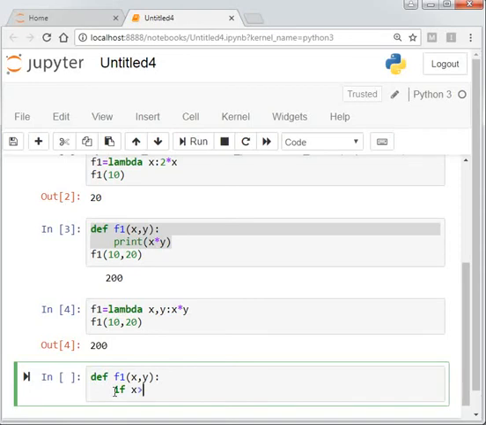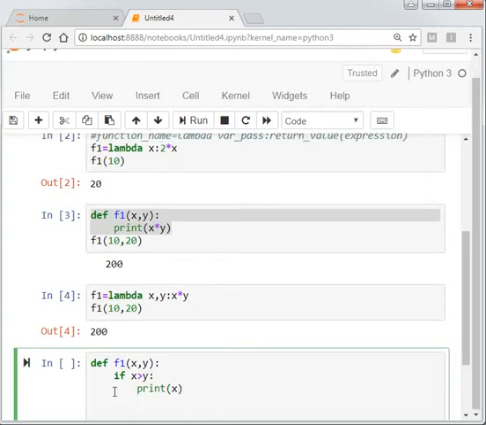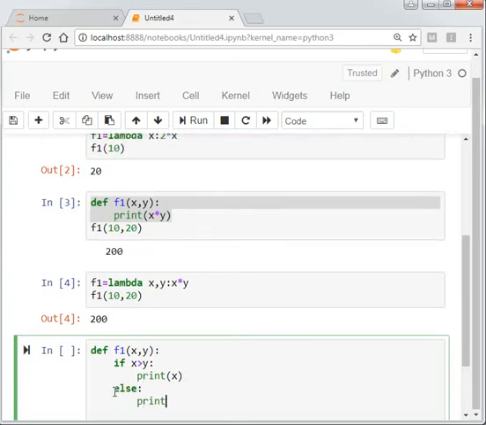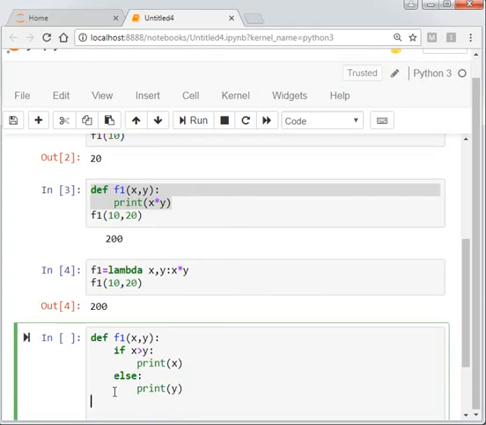Suppose I have to check if x greater than y. In the case of x greater than y, sorry, the colon sign should be used for the indentation. In that case print x. If x greater than y, print x. In the else condition print y.